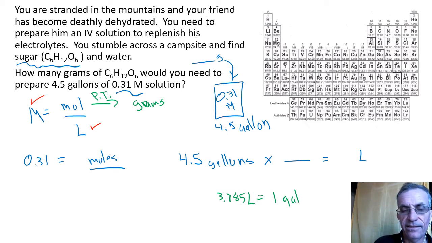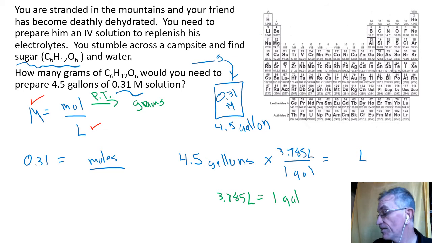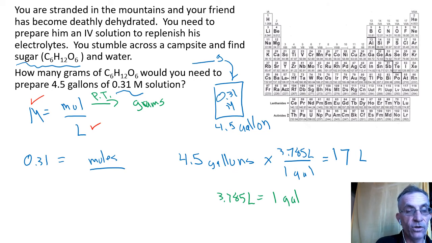You'd put the 1 gallon on the bottom. You put the 3.785 on top. So you actually plan on making up, if you work it out, 17 liters of solution. All right, so now we should be in business. Molarity is moles per liter. We already, a minute ago, put in the molarity we're aiming for. You now know you are aiming to make 17 liters. So we'll put 17 liters on the bottom,